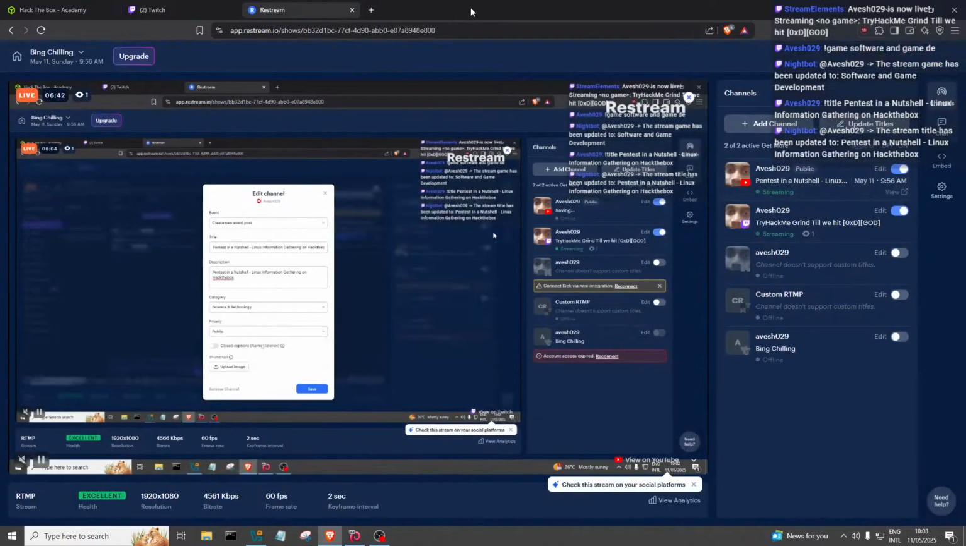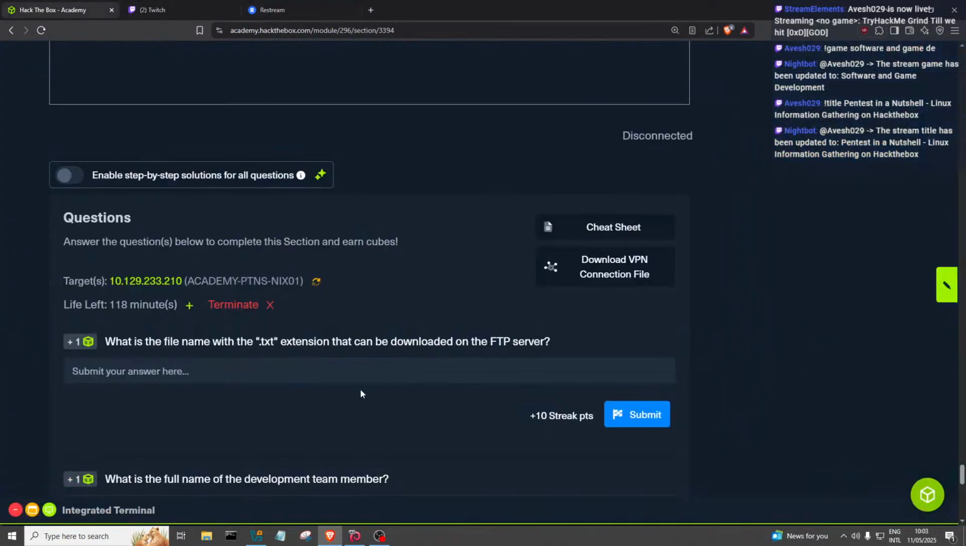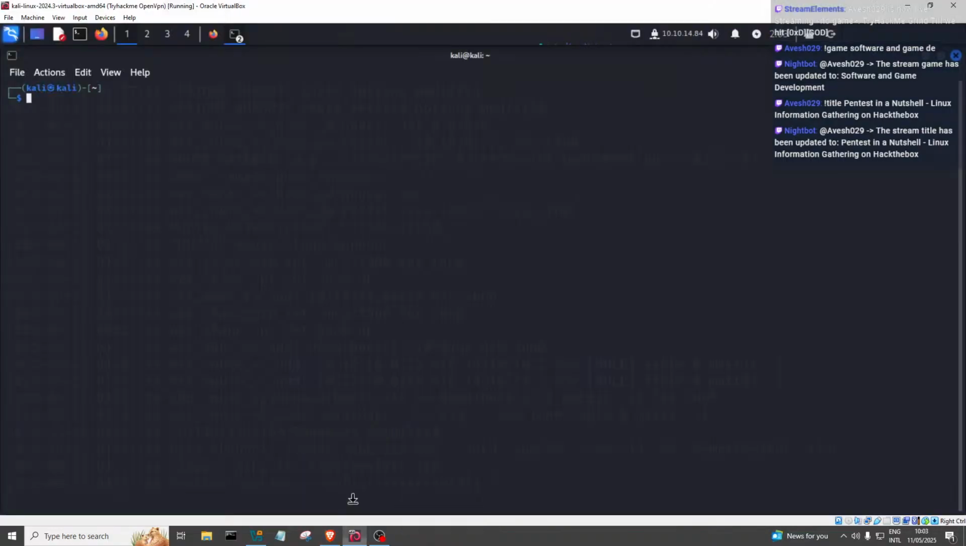So let's get out of here and let's start. So we got the IP here, and the first task is: what is the file name with a .txt extension that can be downloaded on the FTP server? So we know that an FTP server is running, but anyways, let's run just the default nmap scan here, -sC